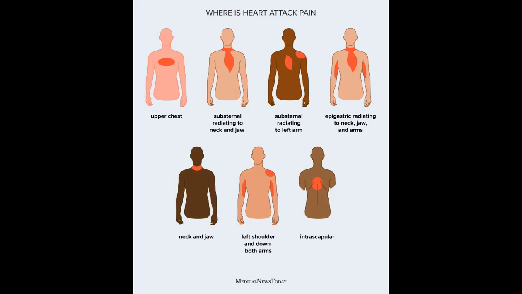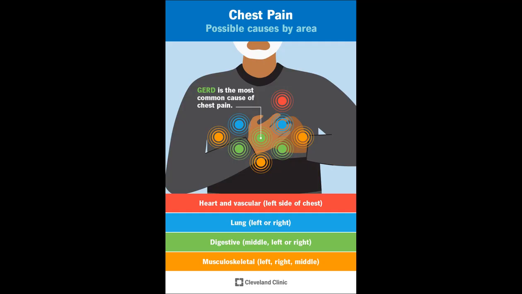Myocardial infarction, commonly known as a heart attack, occurs when blood flow to a part of the heart is blocked for a long enough time that part of the heart muscle is damaged or dies. Symptoms of myocardial infarction include intense chest pain that may radiate to the arm or jaw, shortness of breath, and